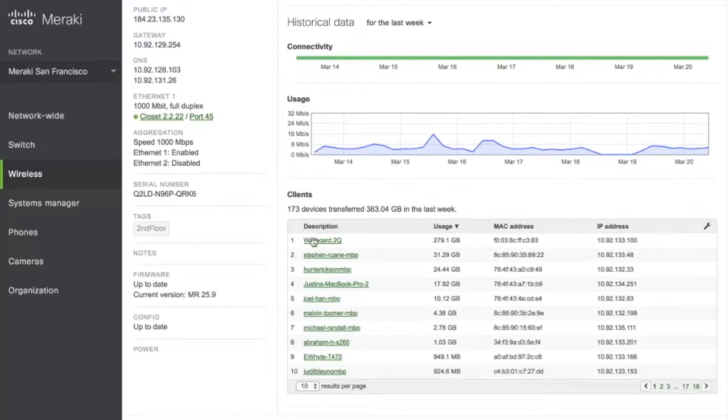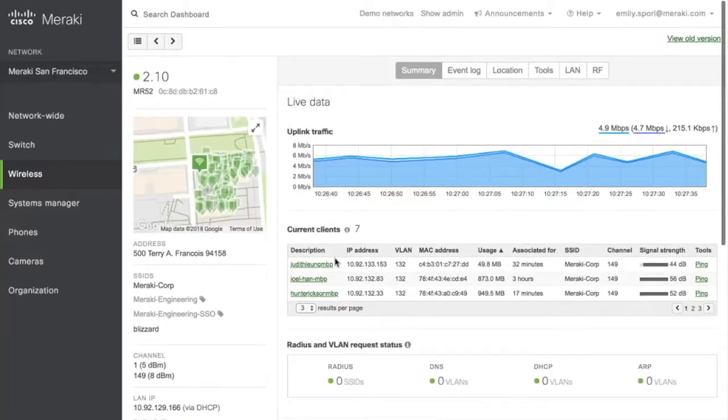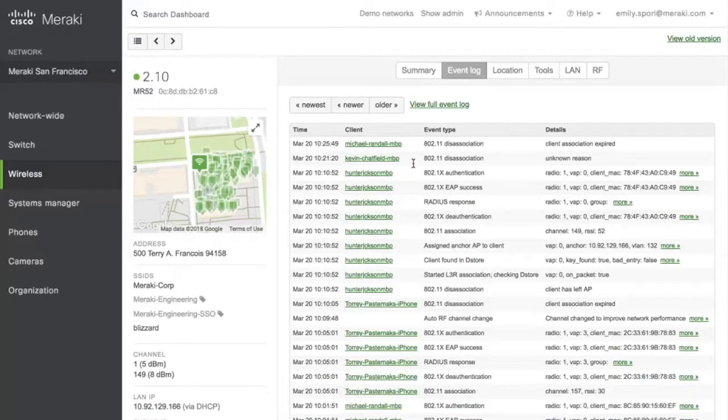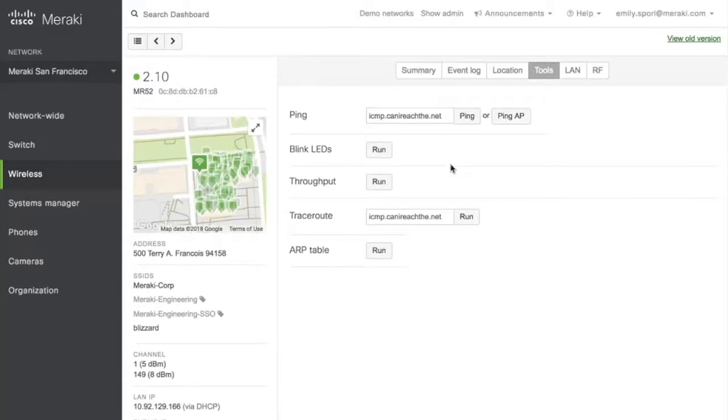And, of course, I could dive into any single one of these client devices. And it looks like Stephen was actually one of the heaviest users of this AP. So maybe what I want to do is do a little bit more digging. I could go look at the event log just to make sure, maybe if something were red and popping up, make sure the AP looks okay. I could come in and look at the tools available for me to run remotely on the access point,